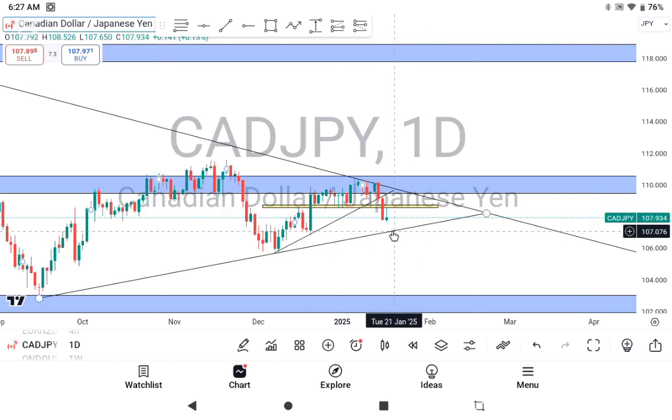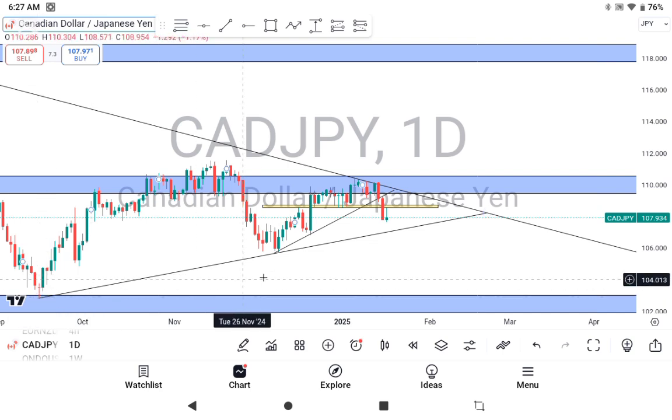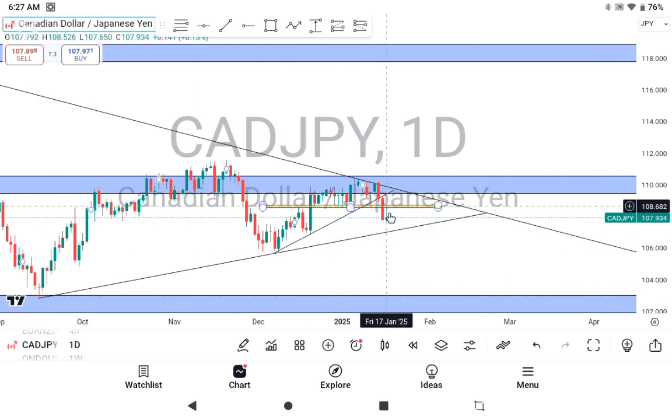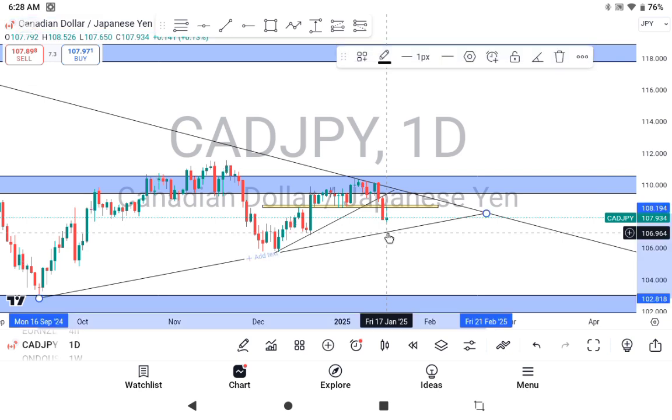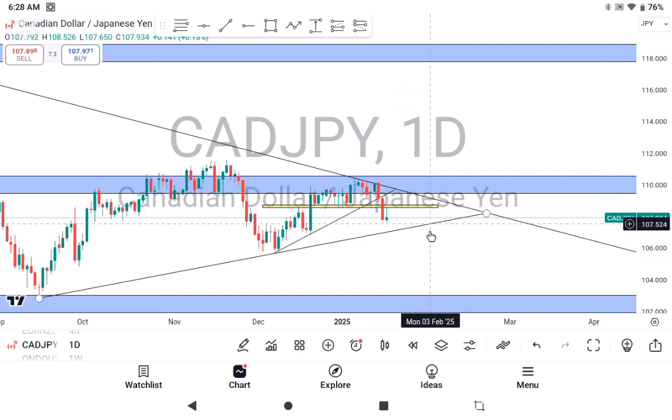Two things can happen right here. Like I said, we have the first touch right here, second touch right here. Price is currently pointing down to this trend line right here for the third touch. It can get here for the third touch and break out, or it can get here for the third touch and bounce up again, come back for the third touch and break it. Whichever one happens,